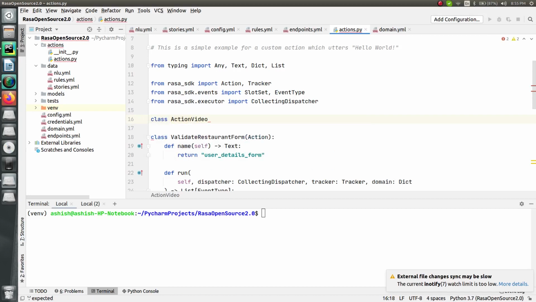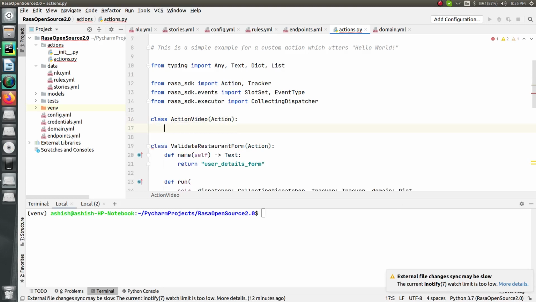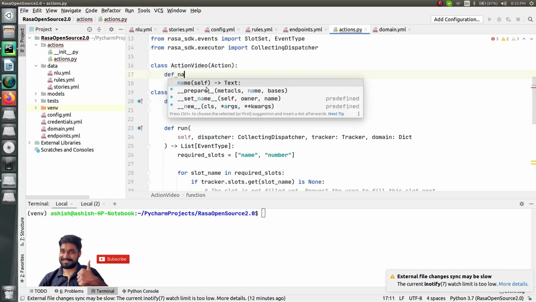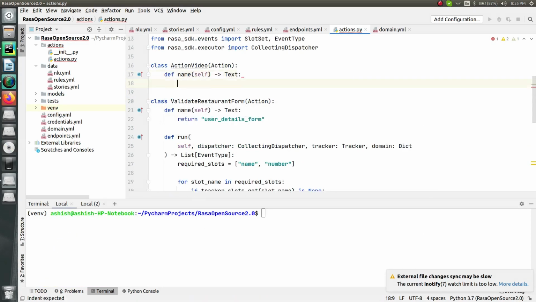Let's say action video is the class name, right? And this is the action. So I'm just inheriting it accordingly. Just mention the two methods. First one will be the name method, right? Just mention it and just return the name for it. Let's say action video. Alright, so this is the name for it.